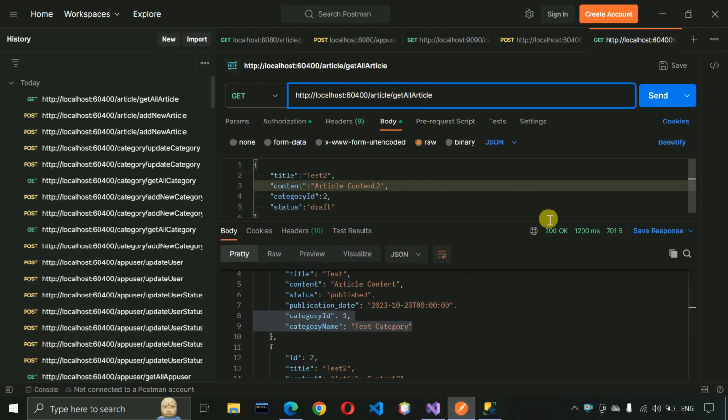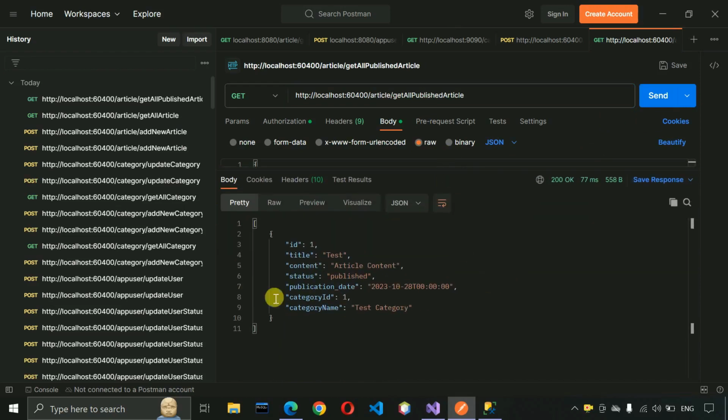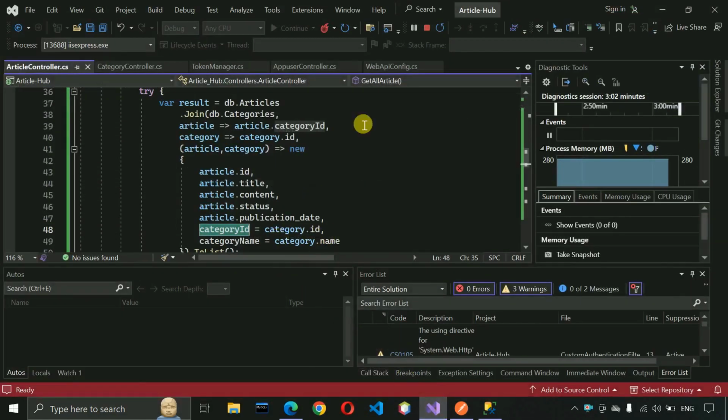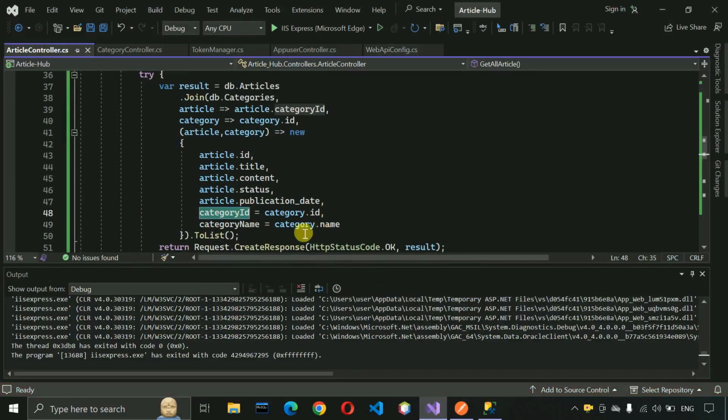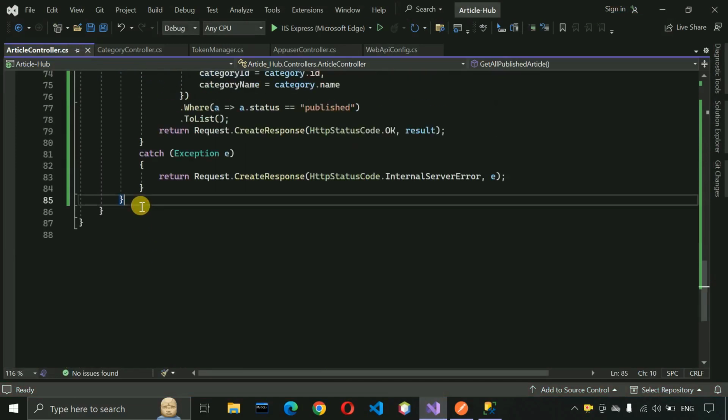Now here we are going to write published, and I'm going to hit the API, and this time you can see there's only one value, because we have only one article which is in published state. That's why we are only able to see that. Now let's get back to Visual Studio. Let's stop this server. Let me also close this, and let me scroll down,